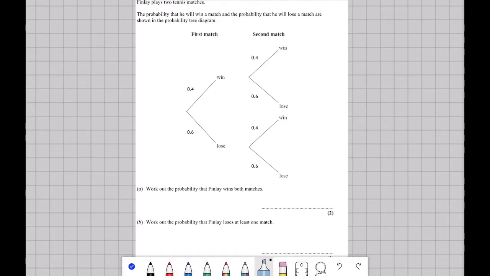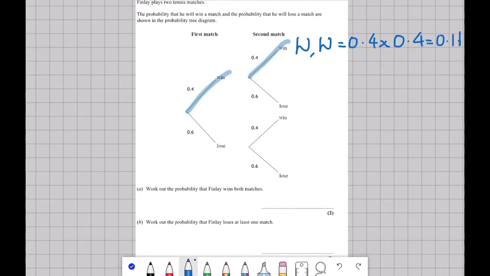Okay, so wins both matches here. We've got 0.4 times 0.4, which is 0.16. Okay, loses at least one match. We've got the same possible outcomes. So win and then lose, 0.4 times 0.6,